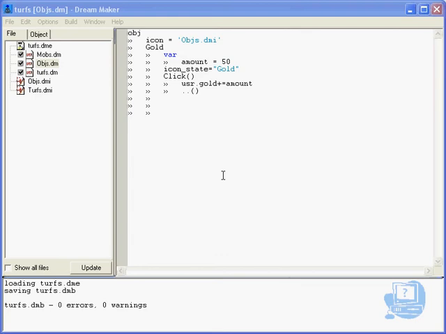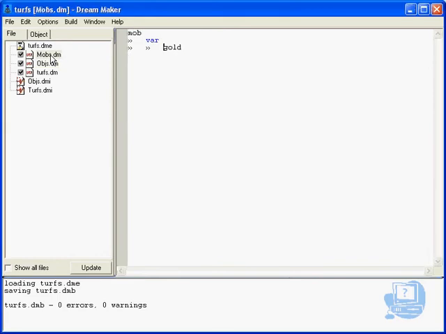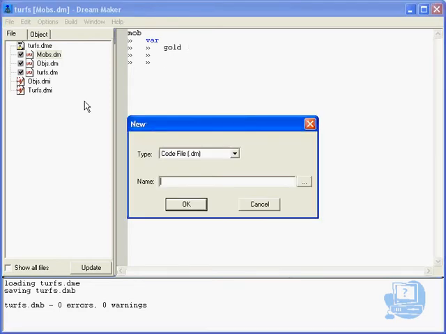Now we're moving on to mobs. I've already created a mob.dm file, as you can see, and we created a variable gold. So we've already created a basic mob with a variable gold. But what we're going to do now is look at some basic ways of creating the user's mob. The simplest way is first off to create an icon file,